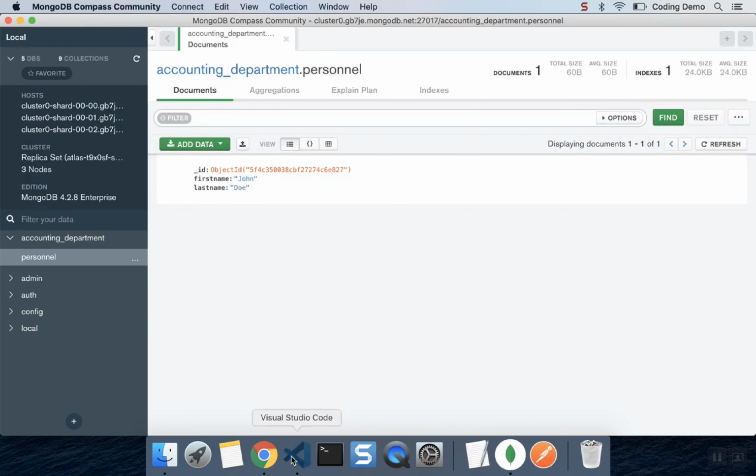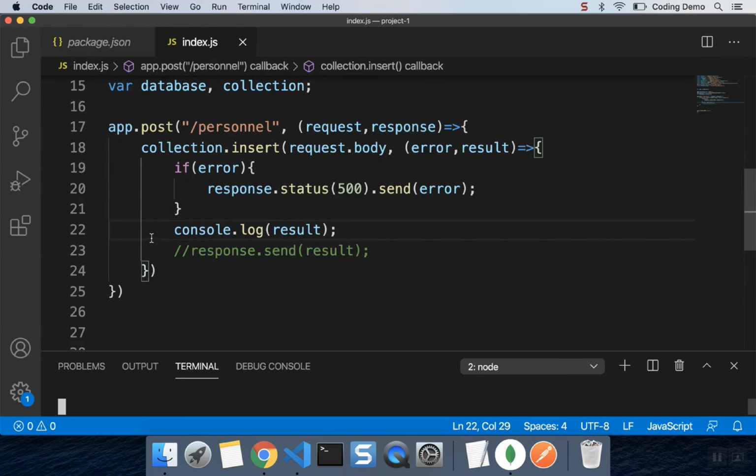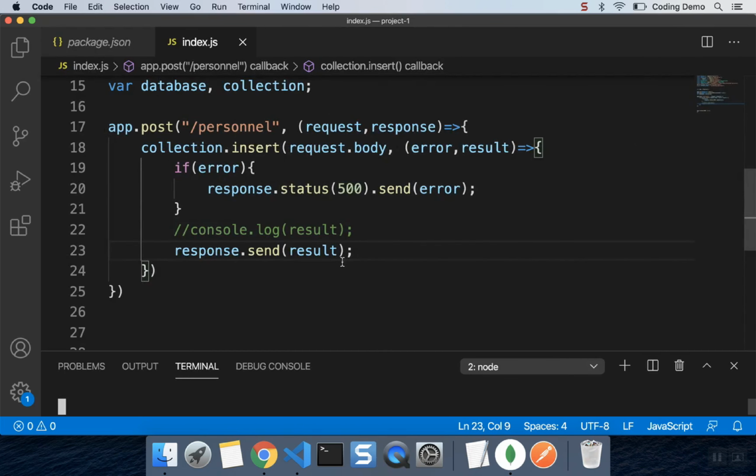So now let's go back. Let's minimize this, and instead of logging it out, we'll just send the response as it is. So if you notice here, there's a result object within the main result object. So if we want to give only this information back to the client, then we can just say result.result. So it will be like this. Save this,